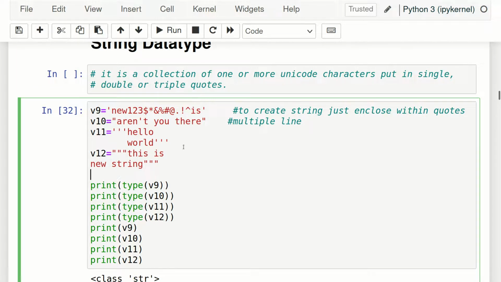Okay, now see another thing. Inside single quotes you can see I've used different characters. As we have seen, a Unicode character can be any Unicode character. So all the characters that you can think of, you can use inside a string, and it will be considered as a string. Now we can see we have used alphabets, numbers, and different symbols also. So anything you can, but it should be under quotes.